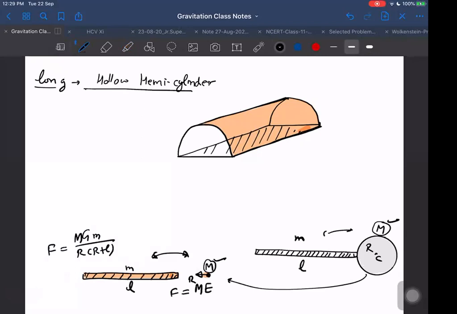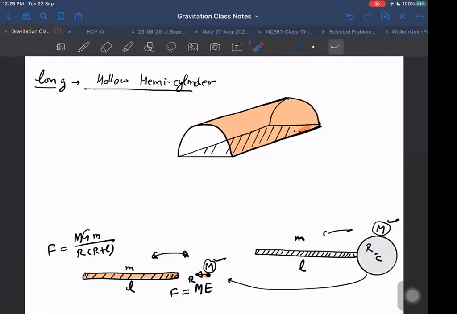Can we do it in reverse, sir? We can do it in reverse. What is the meaning of reverse? Making the mass concentrated at the center of mass of the rod. This we can never do. How many times have I warned you that this formula is valid only for a sphere? The field due to a sphere only can be assumed to be coming from the center, not for any other case. Only for spherically symmetric bodies.